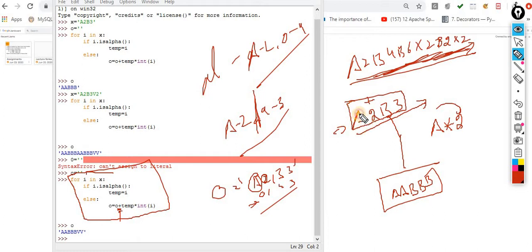Whatever character you find, and the very next thing you find is a digit, you have to multiply that character with the next digit. If I simply say, if my cursor is standing over here, the previous character will be multiplied by the current position digit. That's it. This is the simple way.